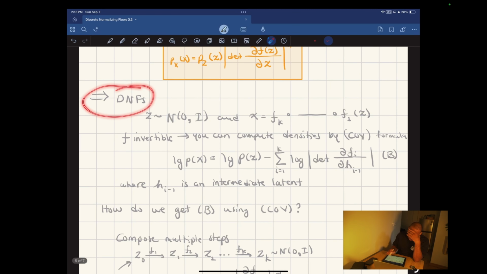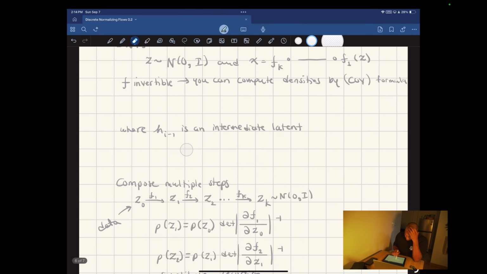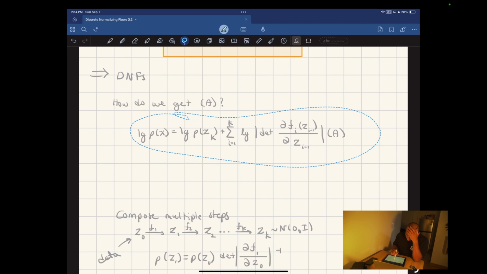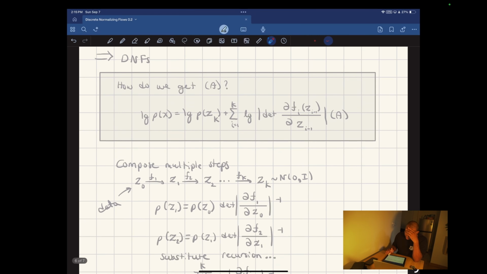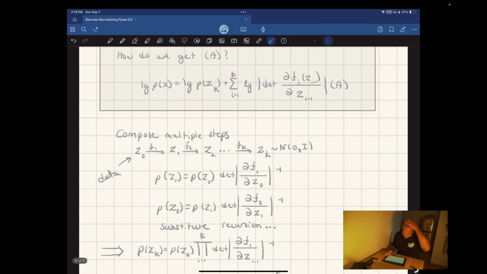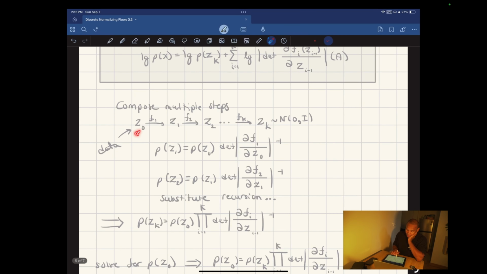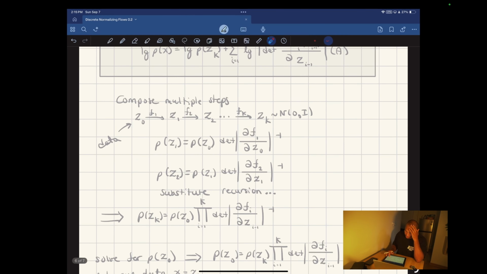So now back to discrete normalizing flows. So the question is, how do we get A? How do we get this equation? Okay. So again, we have our data, and then we have our Gaussian, our simple standard normal here. How do we get this equation? All right, so